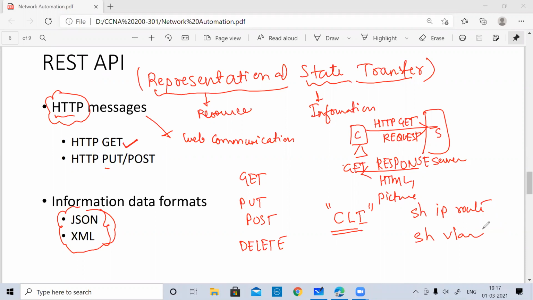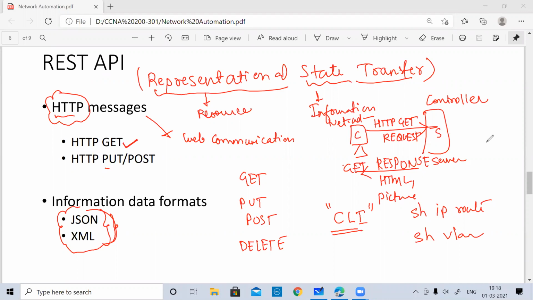So there, if you put up a request, say an HTTP GET for VLAN information, the reply would come in a proper format, which we call a JSON or XML format. These are the two widely used formats, guys, specifically JSON. When your controller receives this information, you need to think of this as a client-server model. You are putting the information to your controller, sitting as a network administrator, and you put the get messages and you will have a get reply.